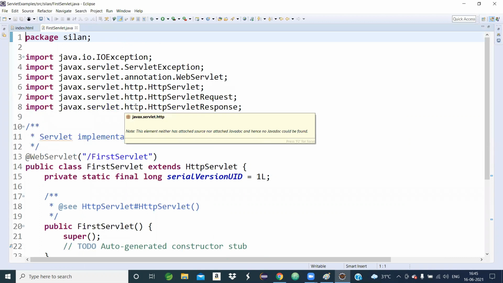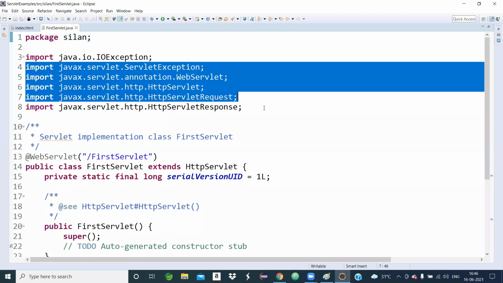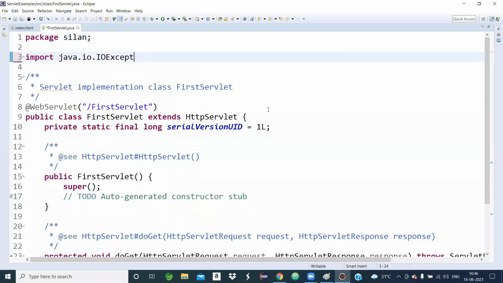I think in our previous class I gave the clarity: for developing any servlet, we need to import three packages. Some packages are already imported, but we will delete all these things. In our own style we will develop.